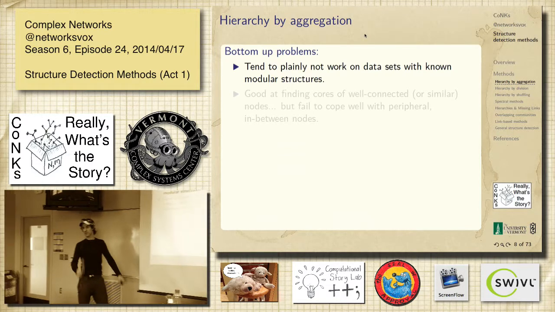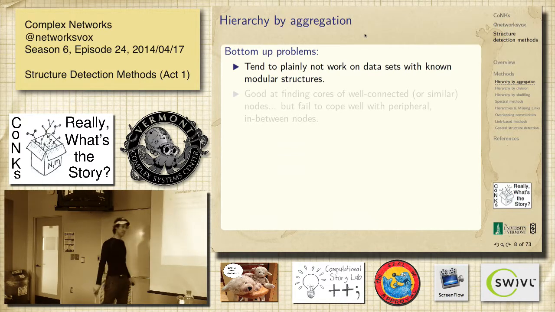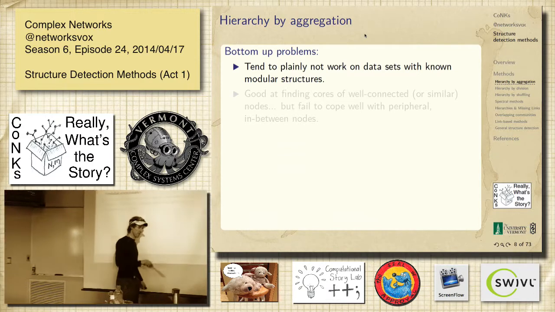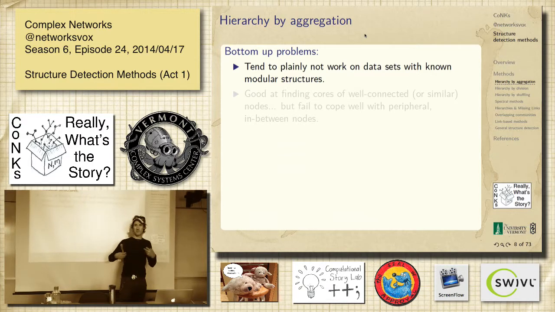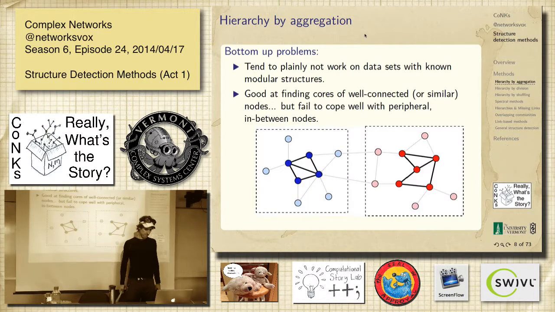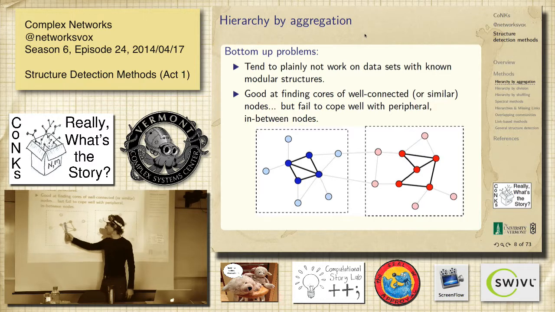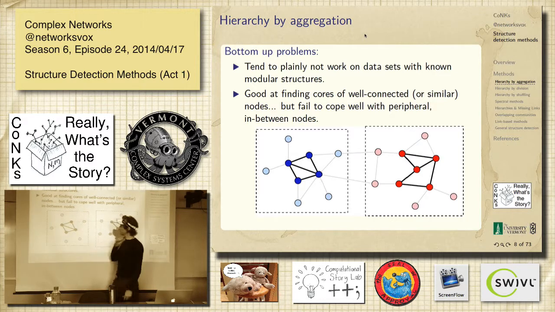So the problem is, this is a good idea, but if you run it on real systems where you know what the modular structure is, it's a proof-is-in-the-pudding problem, right? It fails. And I'm going to go into some details of some of these. I'm just going to tell you some truthful stories or observations. Here's a little example. This I think is taken from Newman. So it's done a good job, right?